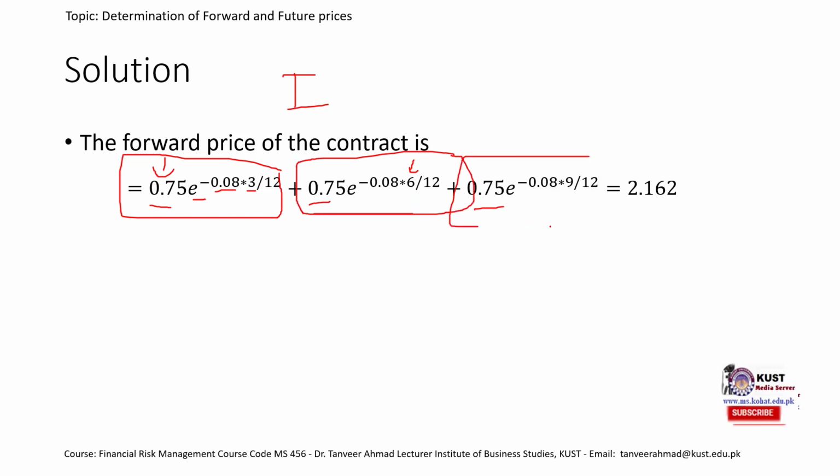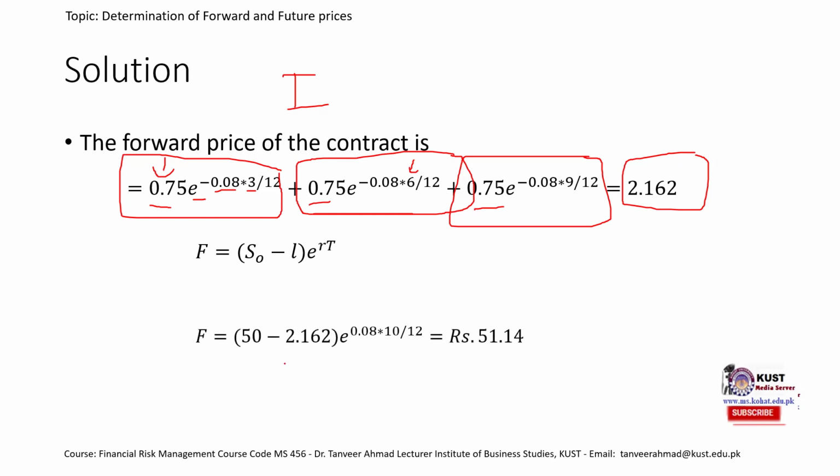This would give us the present value of the dividend that we would receive after 9 months. If we add all these up, we get a present value of dividends of 2.169. We put that in this formula, S0 minus I, raised to power 8% into 10, because this contract will mature in 10 months,